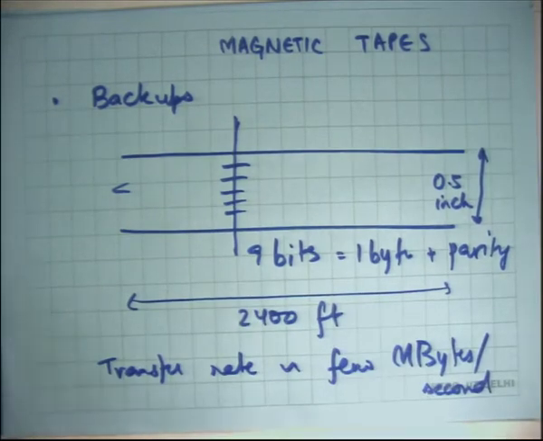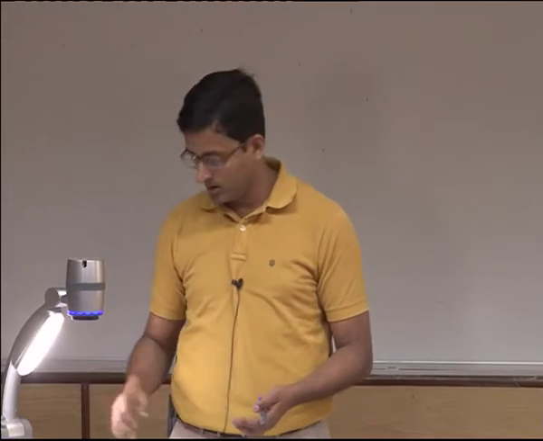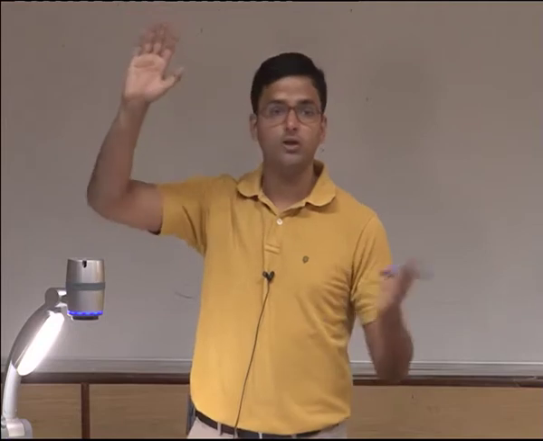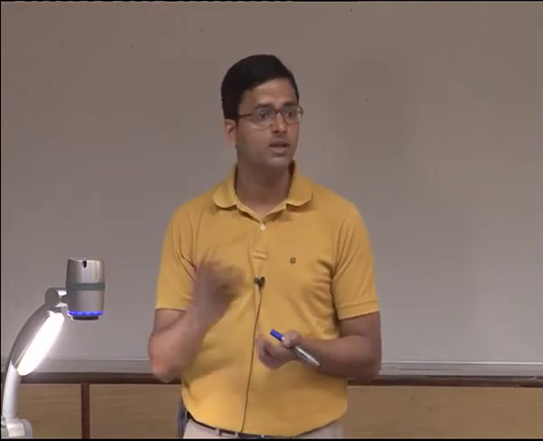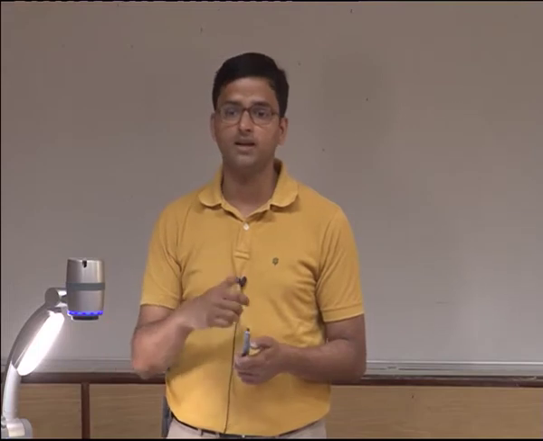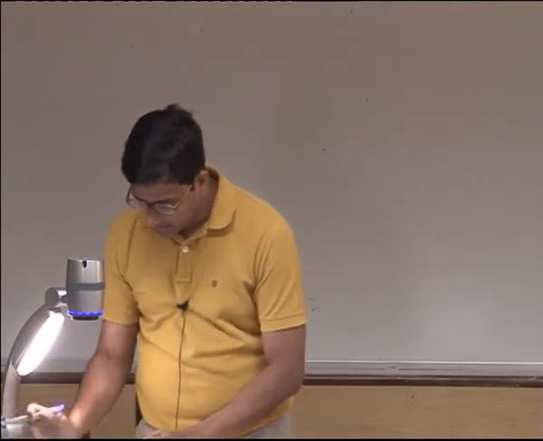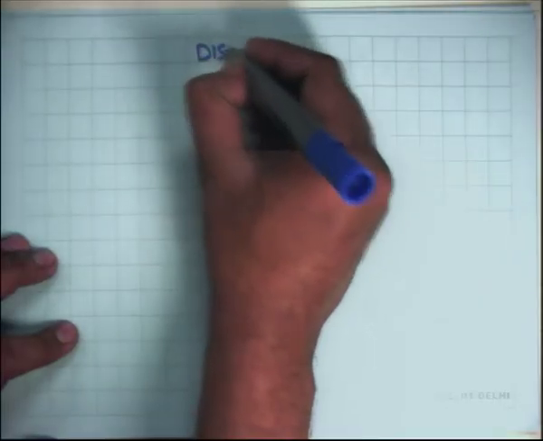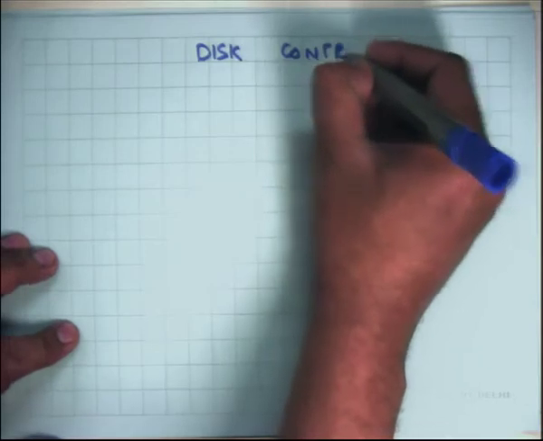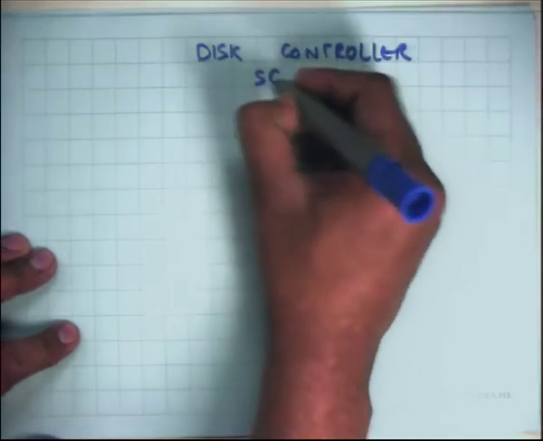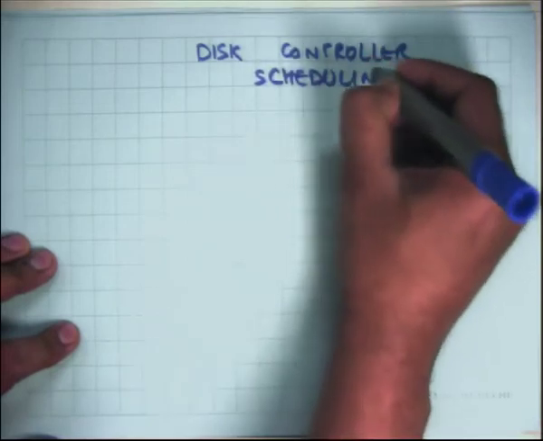As you can see, today's disks are much faster than tapes. In those days, disks used to be much more expensive, and so backups which involve lots of storage were done on tapes, and you would find lots of tapes in the backup room or in the server room. But today the same thing is instead done using disks. Finally, let's look at the disk controller in a little more detail. In particular, I'm going to look at the scheduling algorithm that goes on within the disk controller.